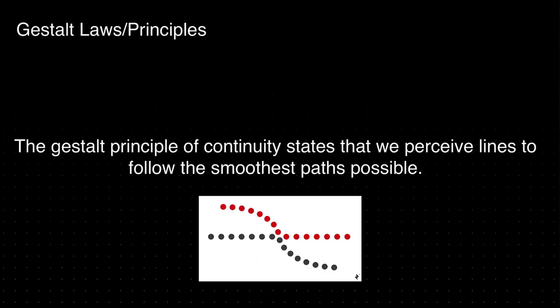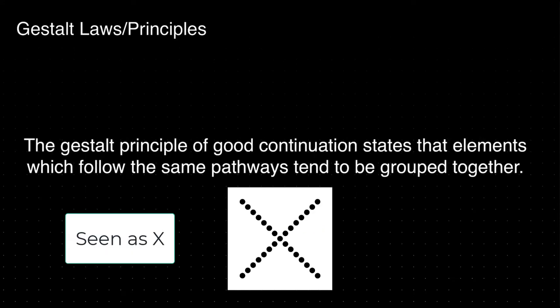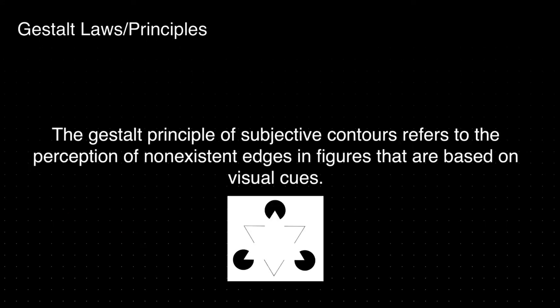The Gestalt principle of continuity states that we perceive lines to follow the smoothest paths possible. The Gestalt principle of good continuation states that elements which follow the same pathways tend to be grouped together. The Gestalt principle of subjective contours refers to the perception of non-existent edges in figures that are based on surrounding